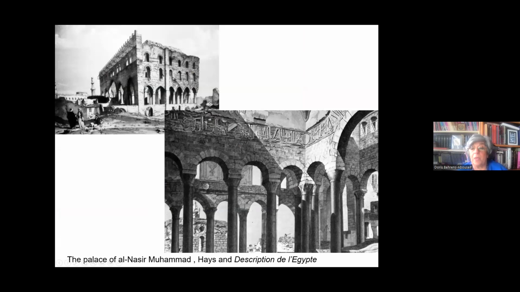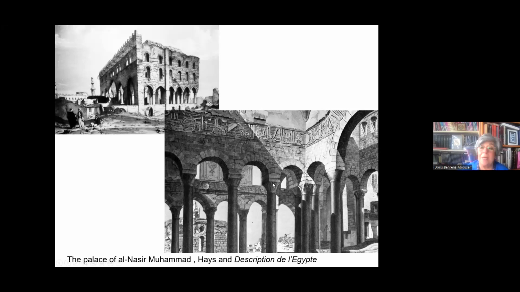This is by the scholars of the French expedition, and this is imaged by Hayes, the huge, magnificent palace, which Muhammad Ali destroyed also to build his own palace there. And evidently it was always described as something magnificent, and it has this kind of capitals. And I suppose when more than a century later, Mamai built his palace in the city, he was looking at these columns which he wanted to imitate.